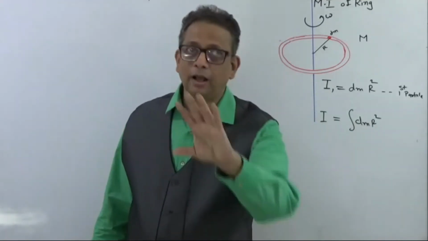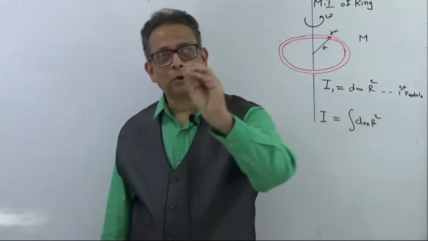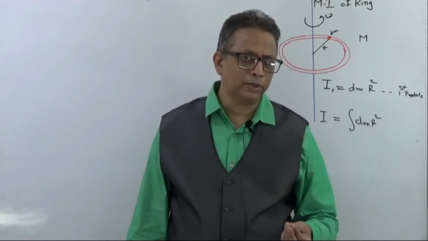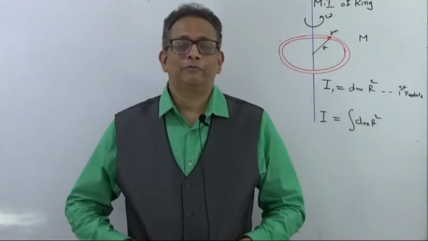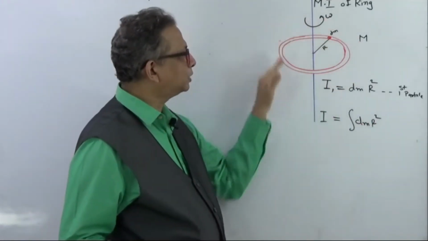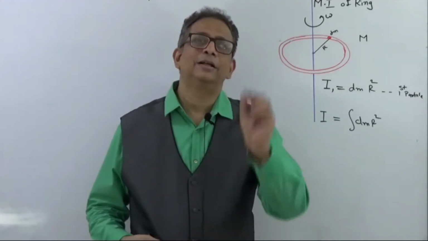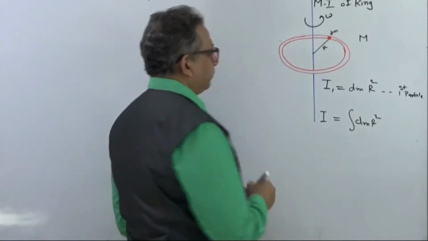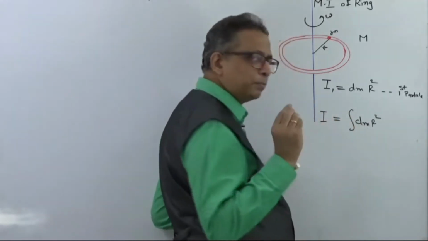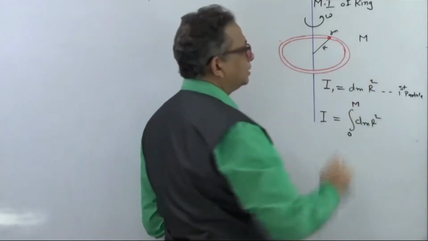What will be the smallest weight? I never know. But I know one thing, that it has an infinite number of parts and the smallest amount is dm, could be micrograms, whatever small the weight of that small part may be. In such a case, we always use integration. It's a superb mathematical tool to find the summation of all the small parts. How small it is, we do not know, we only describe it as the smallest part possible. So it is the integration of dm r square, and this dm is going to change from 0 to the full value, the mass m of the ring.